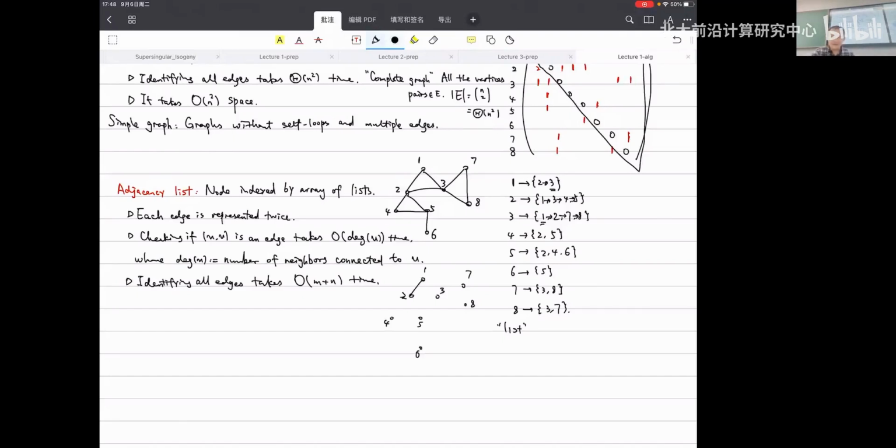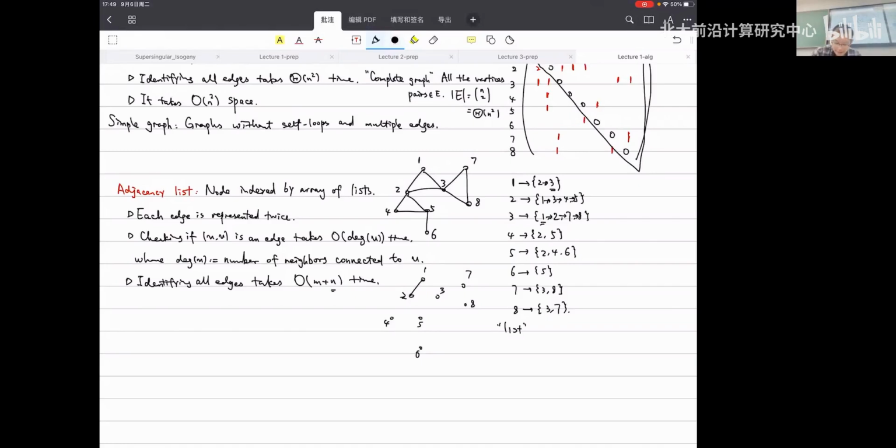For this graph, you can see the bottleneck is actually n, because you have at least n lists here. Basically, you need to have a list for each vertex. The adjacency lists of the vertices from 3 to 8 are all empty, and there are only elements for vertices 1 and 2. But you still need to create the adjacency list for every vertex. That is why we actually have an n here.